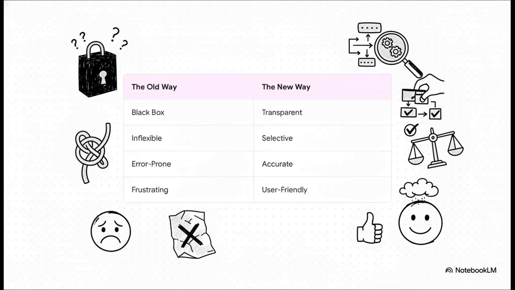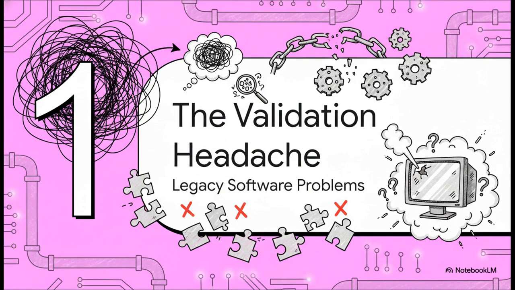I mean, the old way was a total black box. It was inflexible, it was full of errors. But now we're going to explore a whole new way of doing things that's transparent, that's selective, and it's actually built for real people to use. Okay, let's dive right in and really break down the specific problems that have been causing this massive validation headache